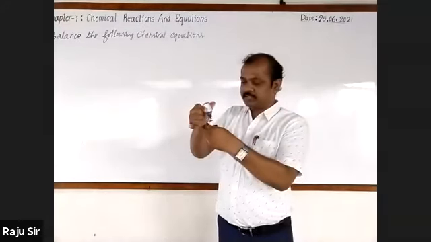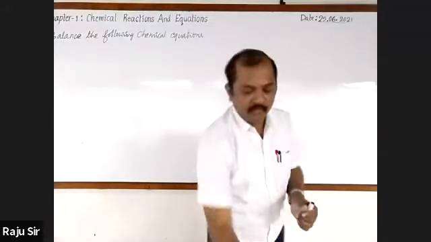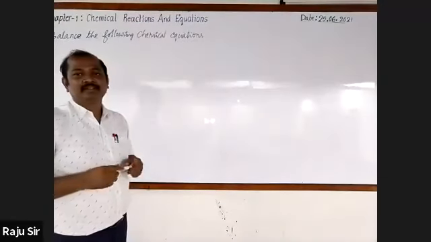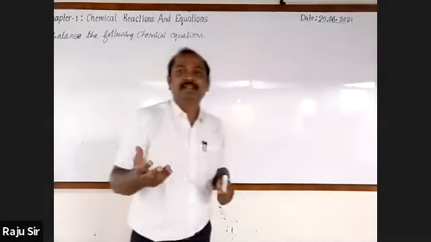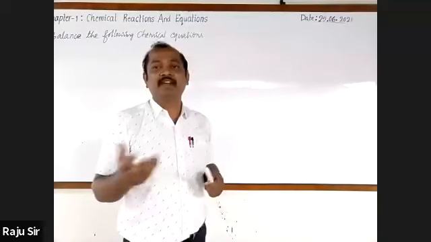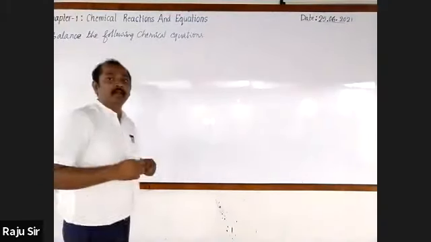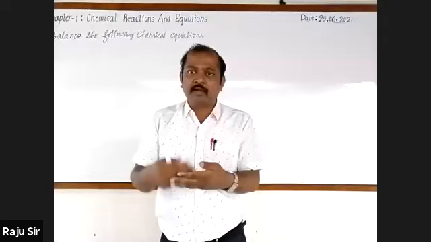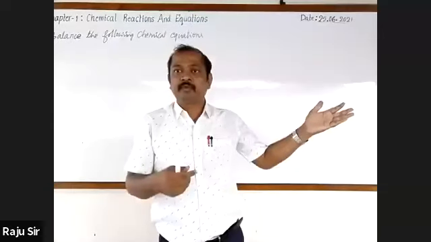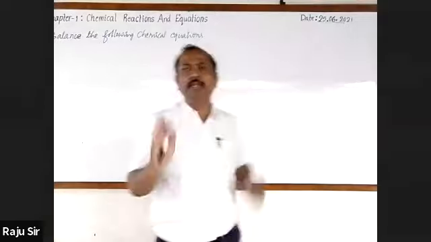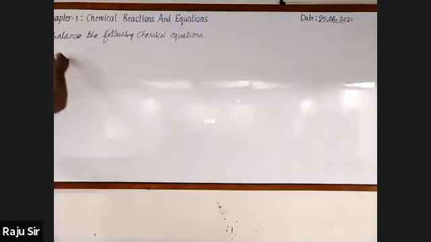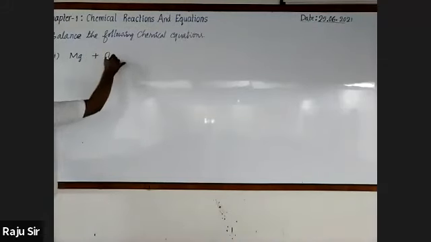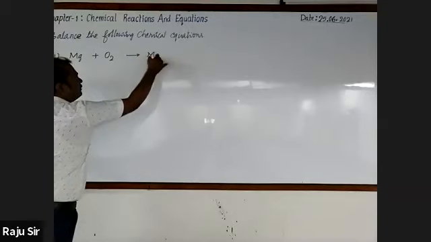First, I take a very simple one, and we are using it frequently. Which is that? Yes, it is Mg plus O2. One is of the magnesium member. Other ones you recall, because chemistry is like that only. As and when you go on reading and learning, you have to recall the previous one so it can be remembered easily. The first one is Mg plus O2 gives rise to MgO.